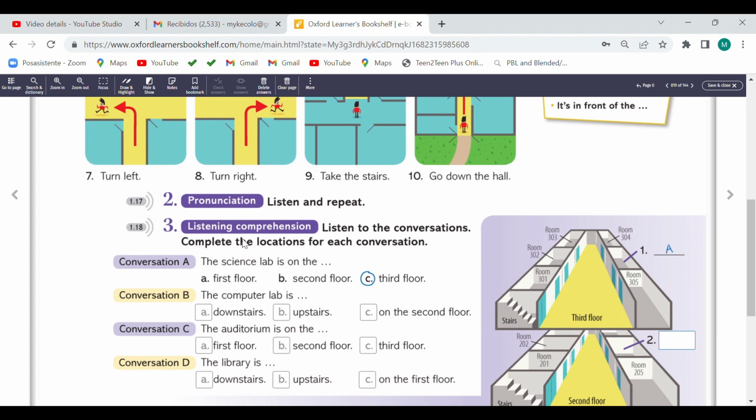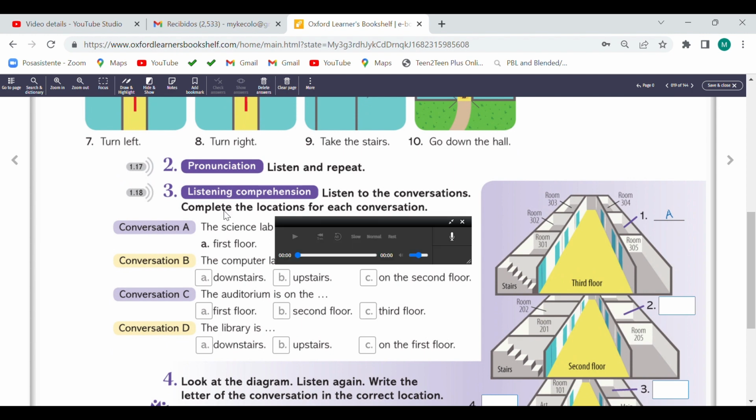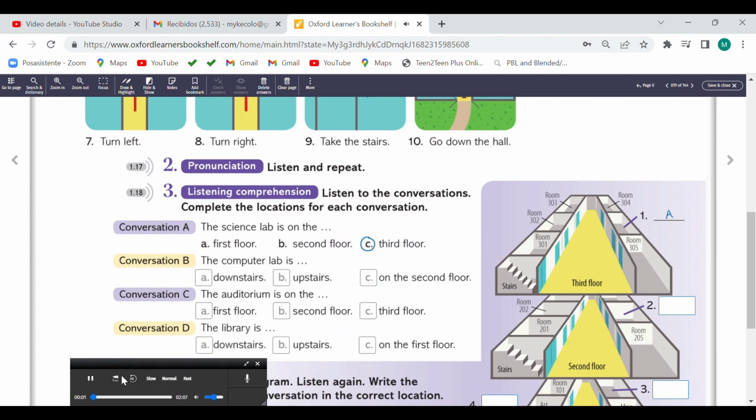Listening comprehension. Pay attention. Listen carefully. Unit 2, page 19. Vocabulary. Exercise 3. Listening comprehension. Listen to the conversations. Complete the locations for each conversation.